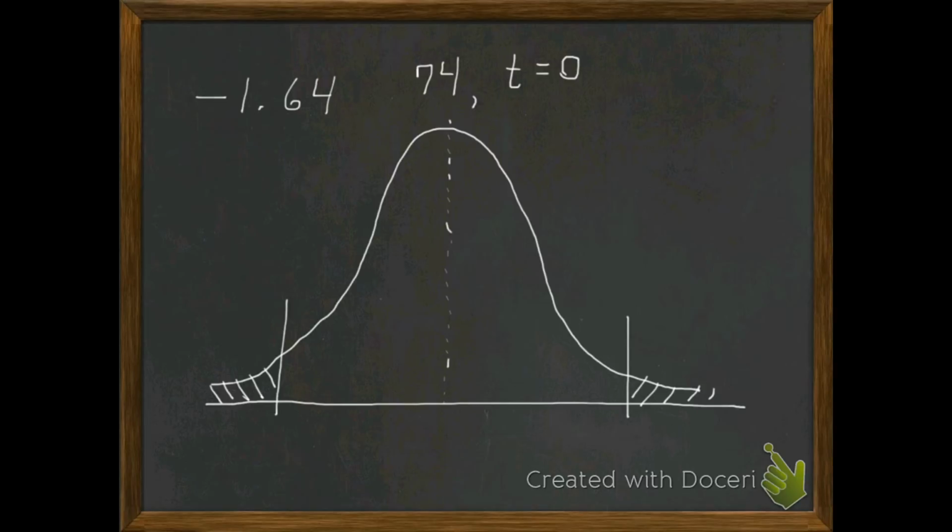Ultimately, what we're doing here is trying to see if there's a statistically significant difference between the national average and the average of the 10 students at our school district. This line in the sand, if you will, is defined by our alpha value. As I said earlier, we're running a two-tailed test because our alternative hypothesis